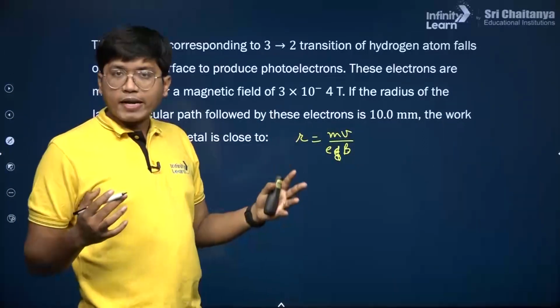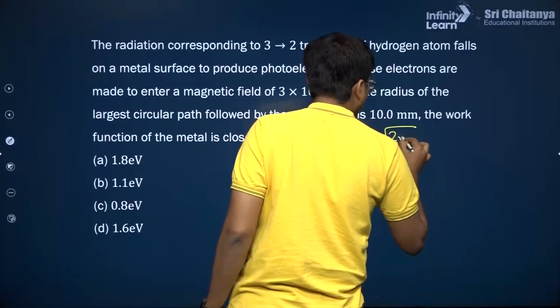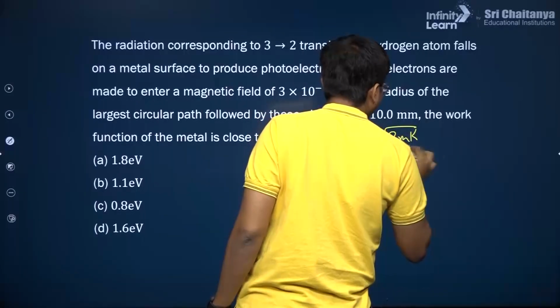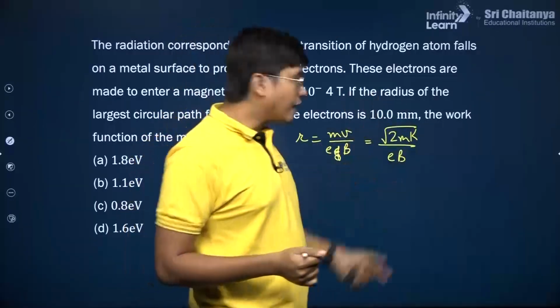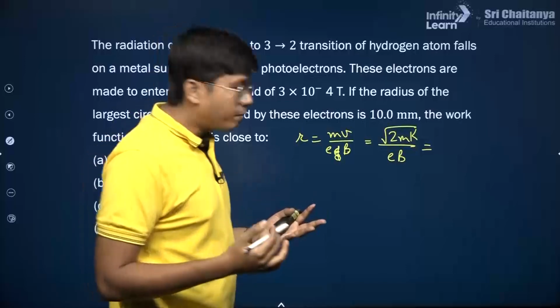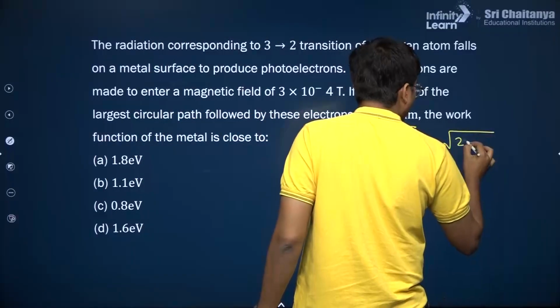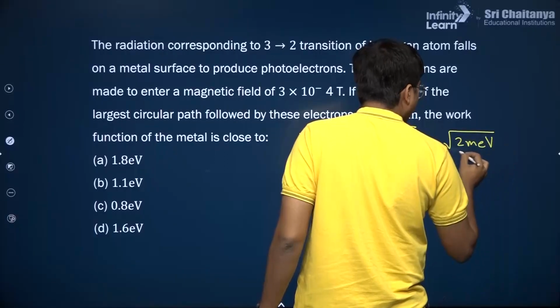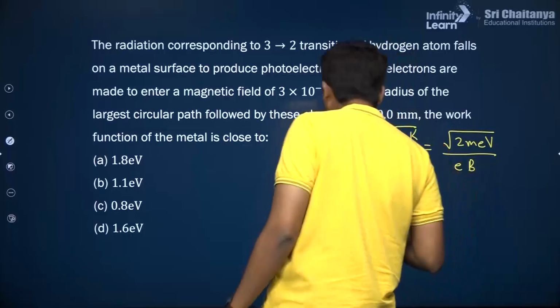Now mv is the momentum, which means we can write it as root over of 2mK divided by eB, where m is the mass of the electron, K is the kinetic energy, and the kinetic energy can be further represented in its electron volt form as root over of 2m eV divided by eB over here,